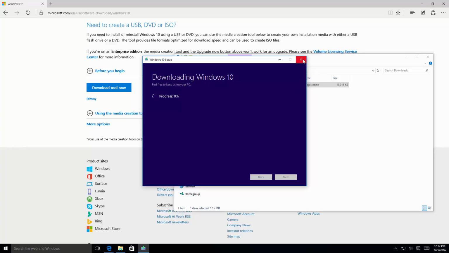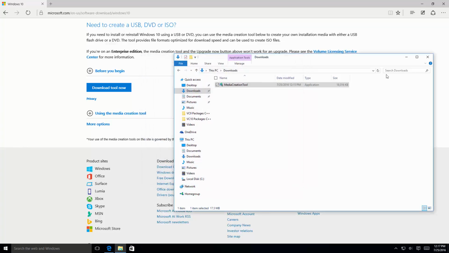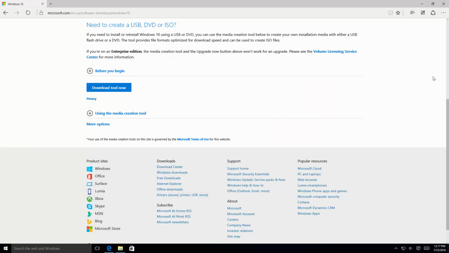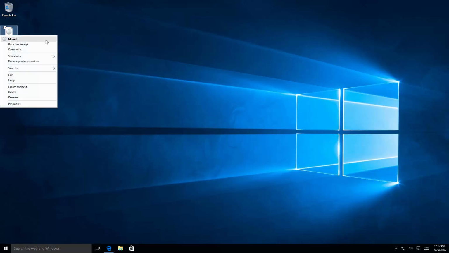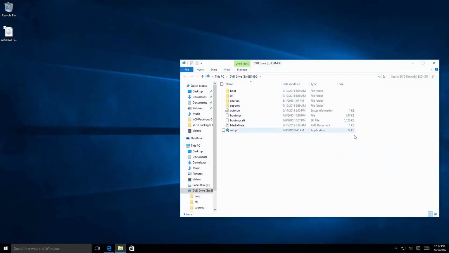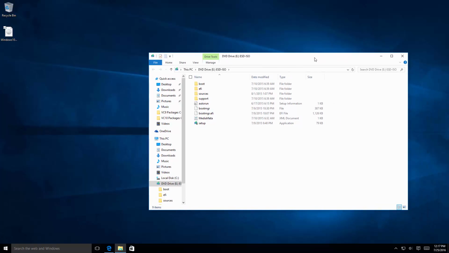Here, I'm just going to cancel this since I've already downloaded it. I'm going to click on Quit, and close this out. Minimize this, and I've actually put the ISO file on my desktop. As you can see here, it's Windows 10 x64bit.iso. What I'm going to do is just right click this, and say Mount. Once here, the drive letter that's showing up is the E drive for this ISO image. What essentially you did is you mounted this file into a fake DVD-ROM